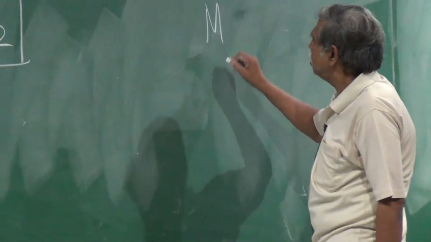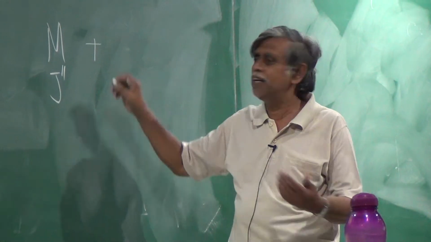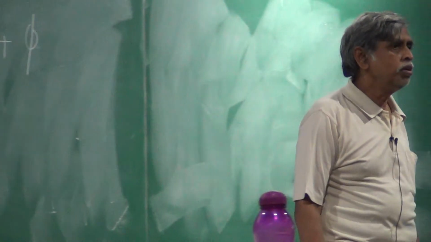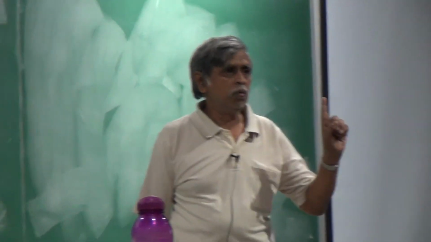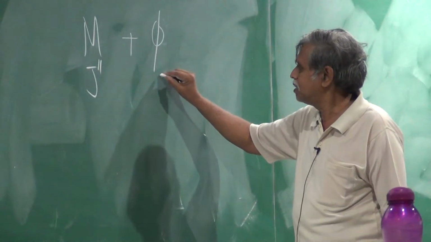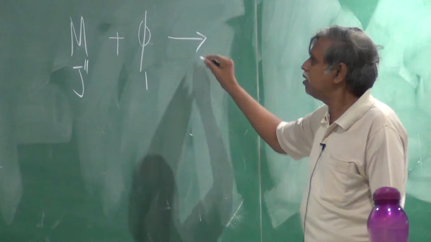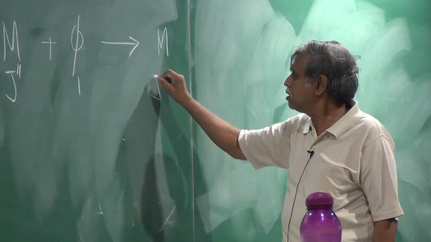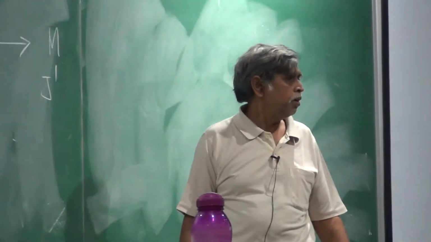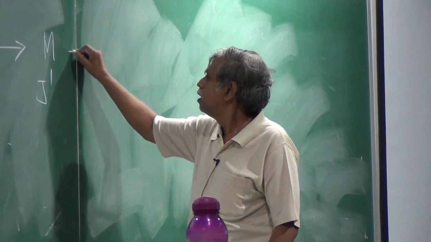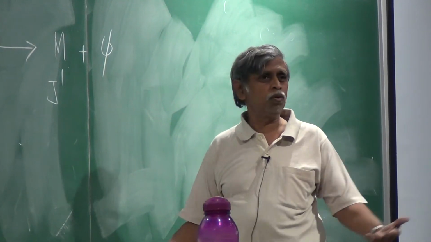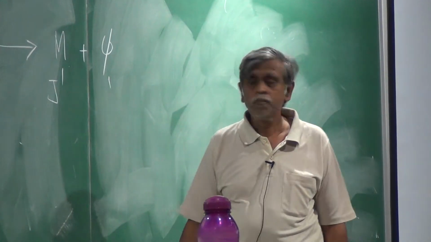I have a molecule in a state J double prime. It absorbs, I should say, interacts with a photon. And what's the angular momentum of a photon? 1 unit of angular momentum in terms of h cross. So I just say 1. And what do I get eventually? I get another molecule, let's say in some other state, J prime. I'm looking at rotation levels now. Plus the scattered photon. And what's the angular momentum of the scattered photon? For a photon, the angular momentum is 1. So therefore,